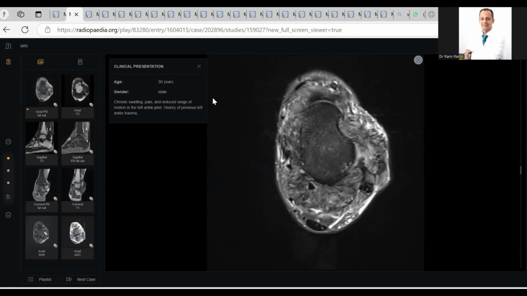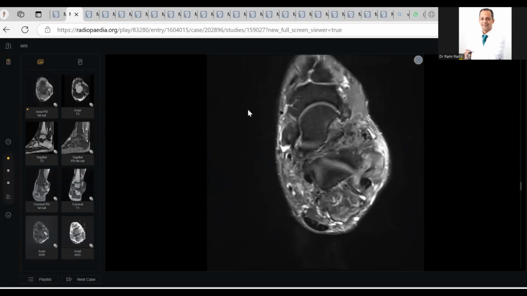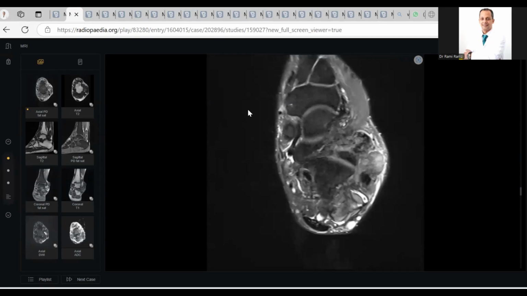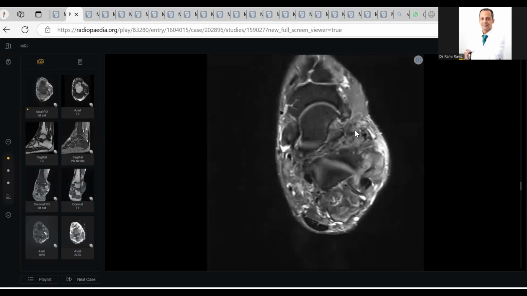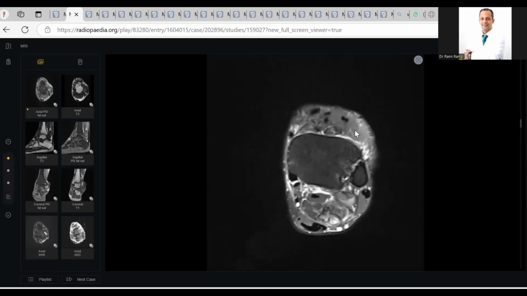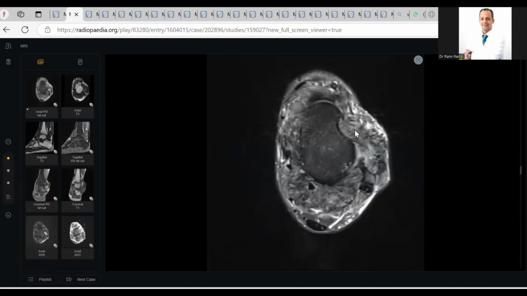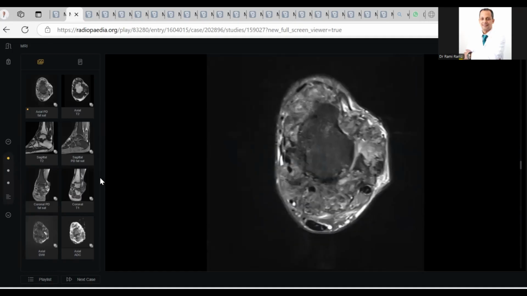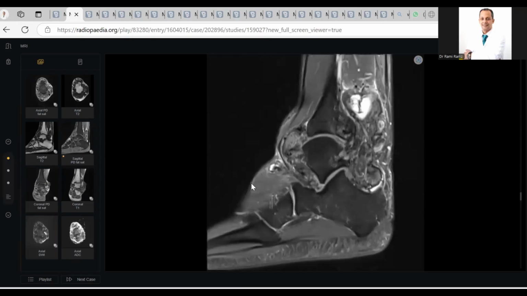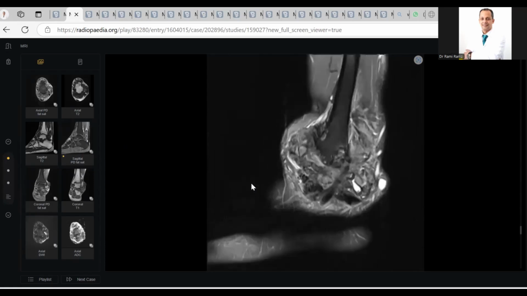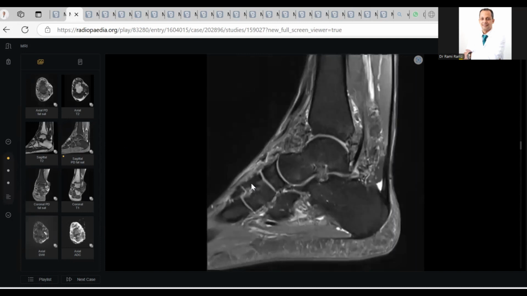A 30-year-old male patient presented with chronic ankle swelling. I have been presented with MRI images of the foot, axial images, these are the T2 fat-saturated images. Here I can see abnormal signal intensity lesion noted around the ankle joint, showing heterogeneous hyperintense signal with internal hypointense areas, and there is evidence of involvement of the ankle joint